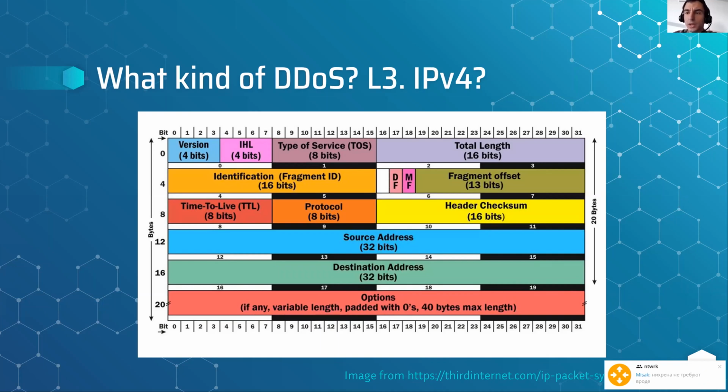Let's look at the message format for IPv4. We can see actually lots of fields here. Fortunately, IPv6 is not that complicated, but we have two types of fields here. The first type of fields is mandatory. They are crucial to deliver a packet from one point to another, and they cannot be changed. For example, if you mess with the version or IHL field, or maybe the destination or checksum, the packet will be dropped somewhere before it reaches your target, like your service, which just became the target of DDoS.